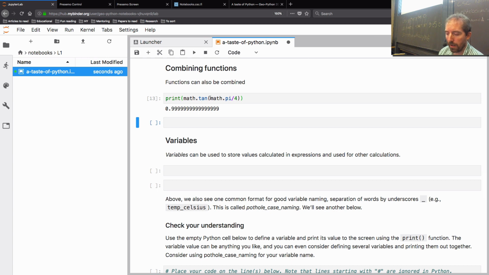But here we've taken some value, we've had a function to calculate what the tangent of pi over 4 is, and then we've used the print statement to print that out. So you can nest these things within one another. There are reasons why you don't want to do that too much, but things like print are useful because